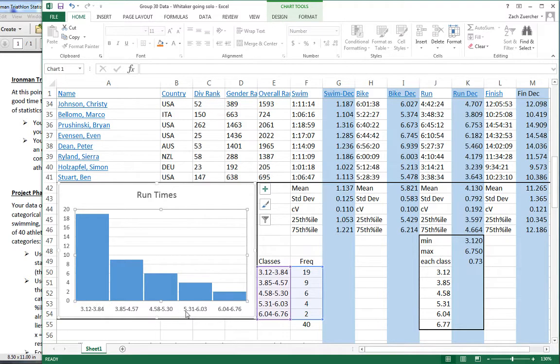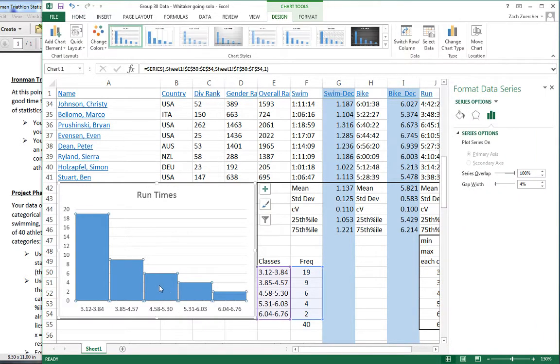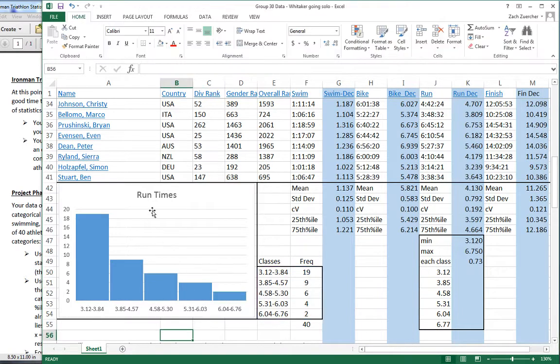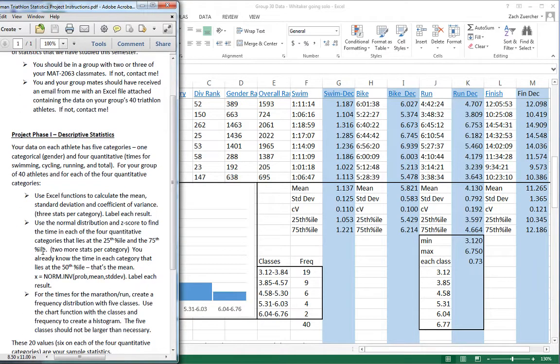histogram with the classes. Yours can look a little different. If you want, you can always double click on those and change the width, change the gap width if you want. I like to get it to look like a histogram with not much space between the bars. You can fix that, make it look different. Gave it a title for run times. See over here in the